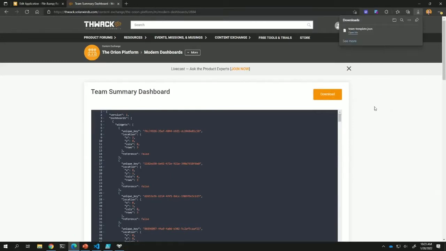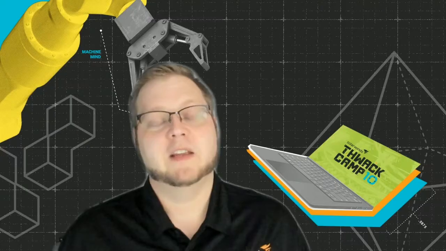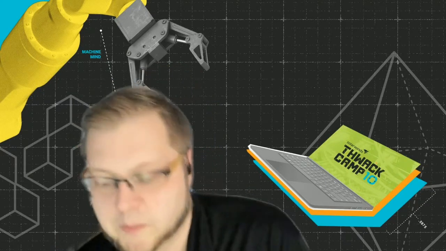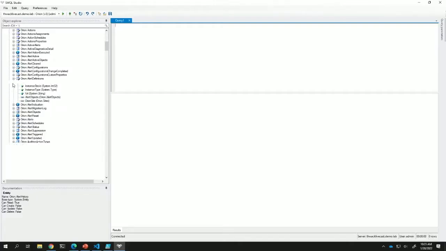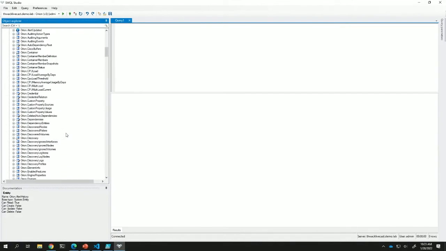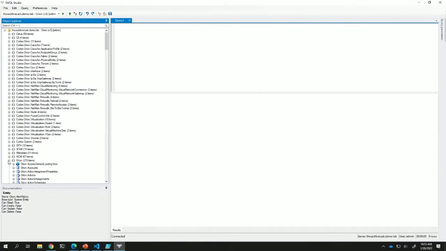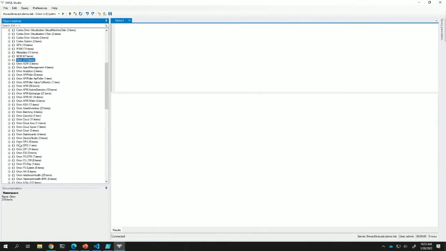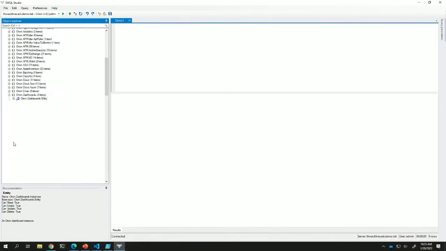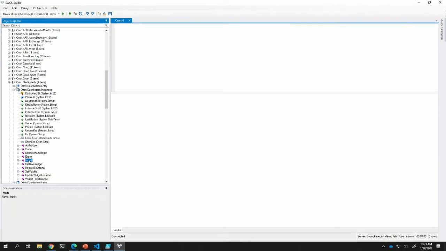Now, as far as importing it, this is a JSON file. You have to import it through the API. So you would actually go into the API. It's Orion dashboards, except I'm not finding it because I'm not looking in the right space. Am I? No, because it's at the parent level. Pardon me as I scroll. Orion dashboards instance, and there's a verb here, import. You can just select invoke.